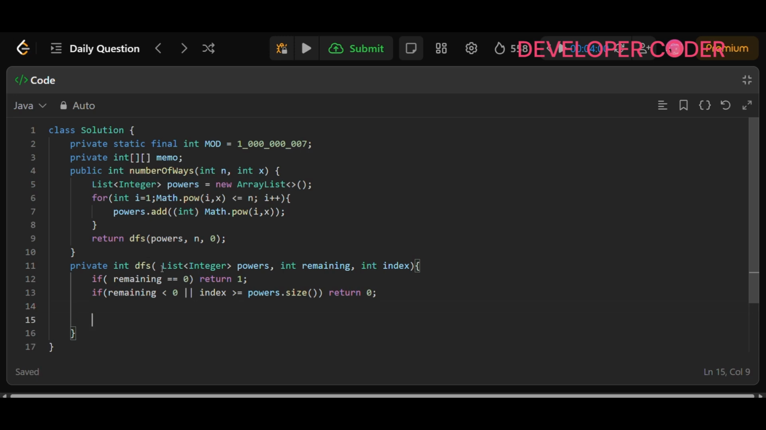Okay, and then you have two choices. One is to take this power or skip this power. So if you are going to take this power, you have to call this dfs again. And now if you are taking this, you have to pass powers, and now remaining you have to subtract, remaining,